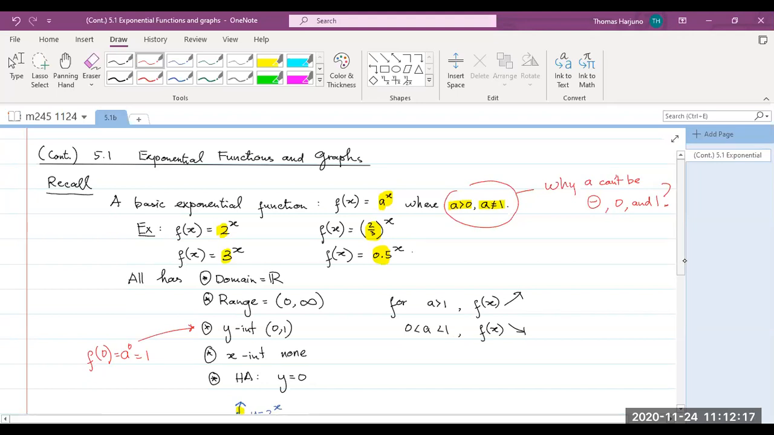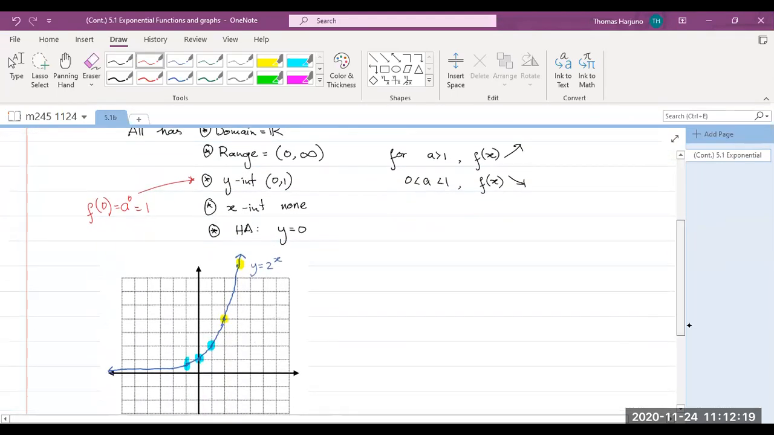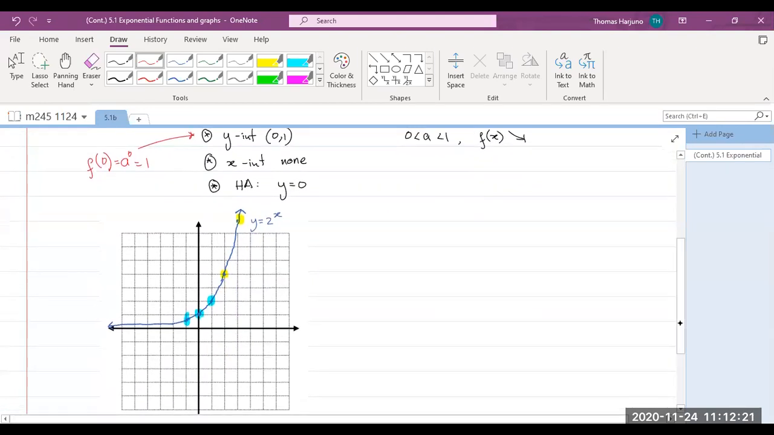Let's take a look first, just to remind ourselves what we did last week. This is the graph for 2 to the x. Now, as we have discussed earlier, the y-intercept is (0, 1). Right? When you plug in x equals 0, you get (0, 1), right? When x equals 0,